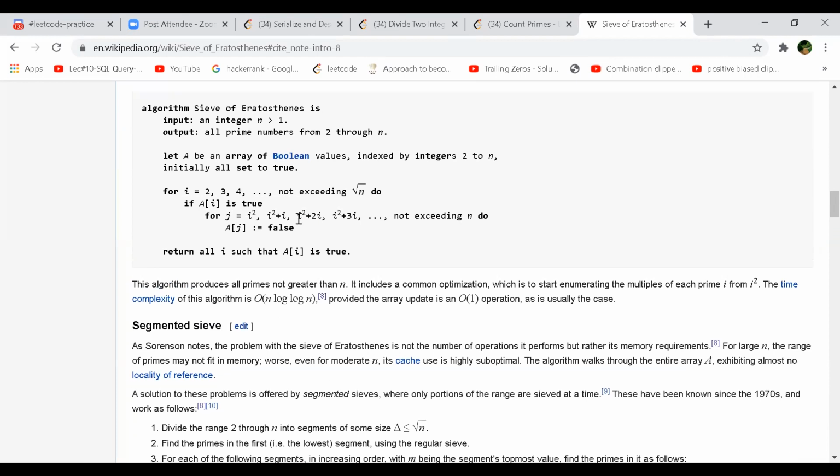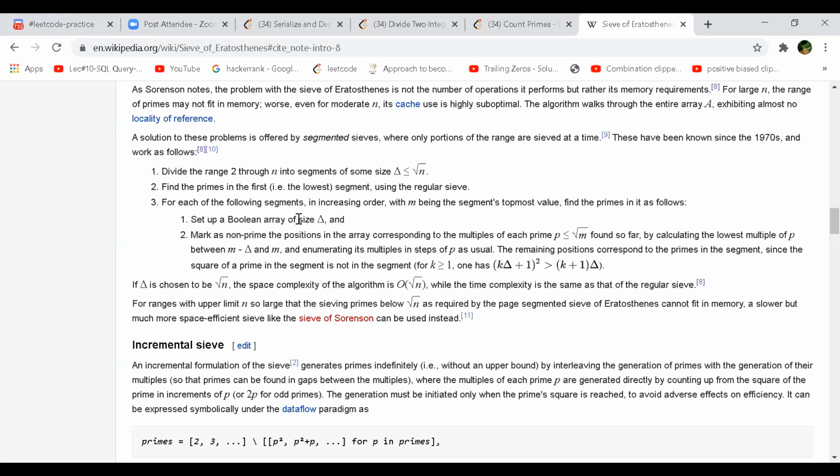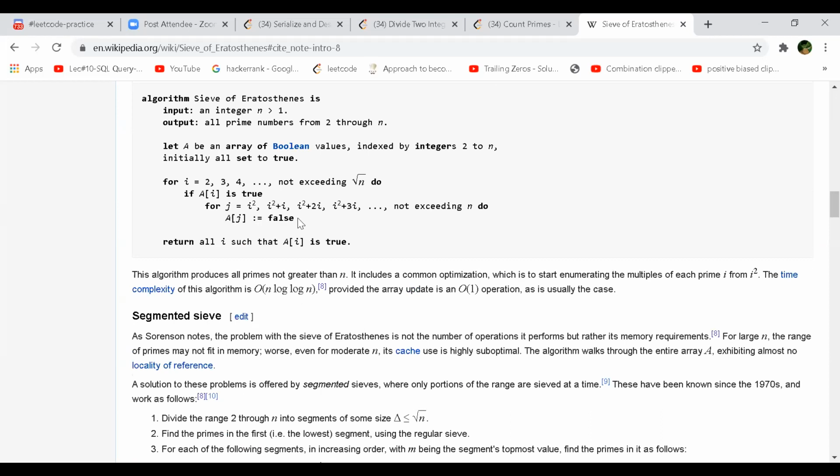Okay, O of n maybe because we are running through each and every number. But then it's talking about log of n. If you go for the first for loop, that is what it is. But if you look at that inner for loop, it runs from I square, and then it's incrementing, adding I plus 2I plus 3I and all that, right?